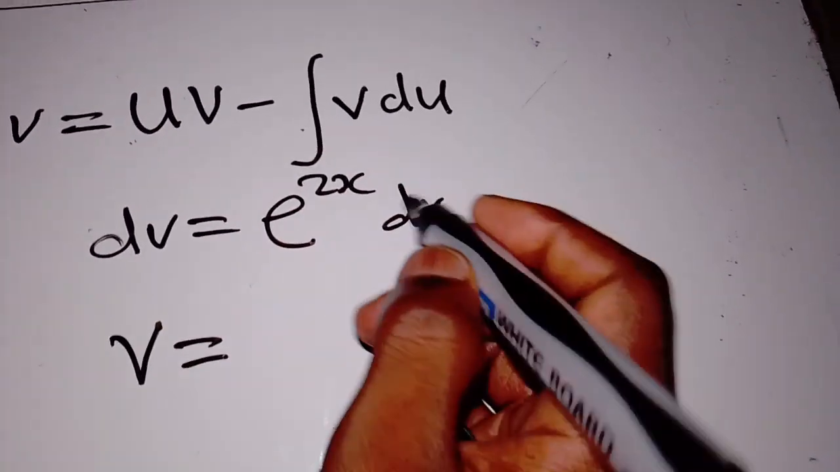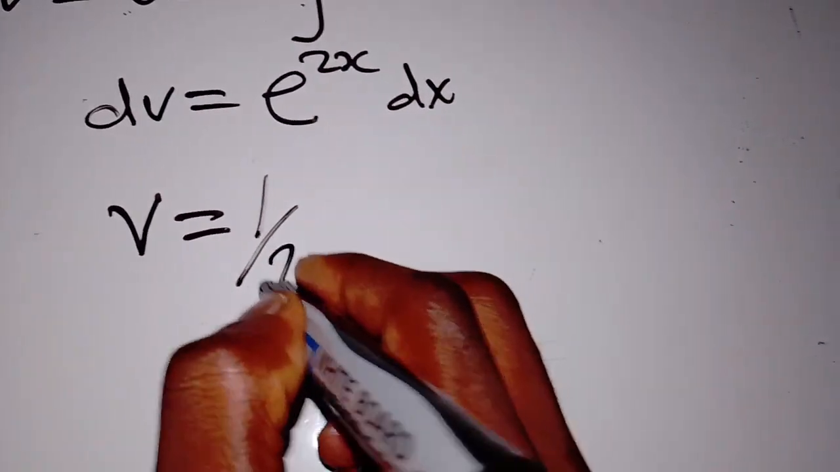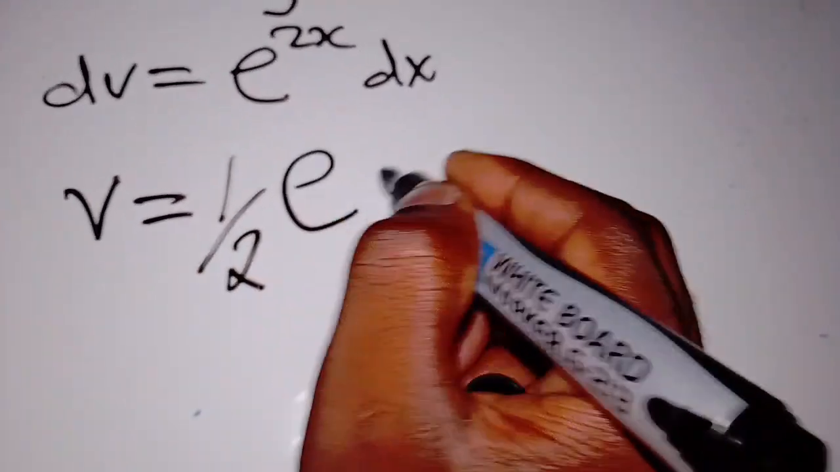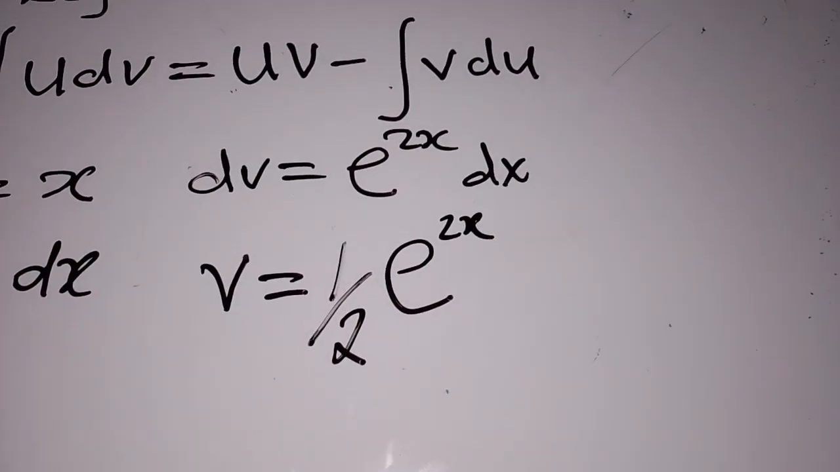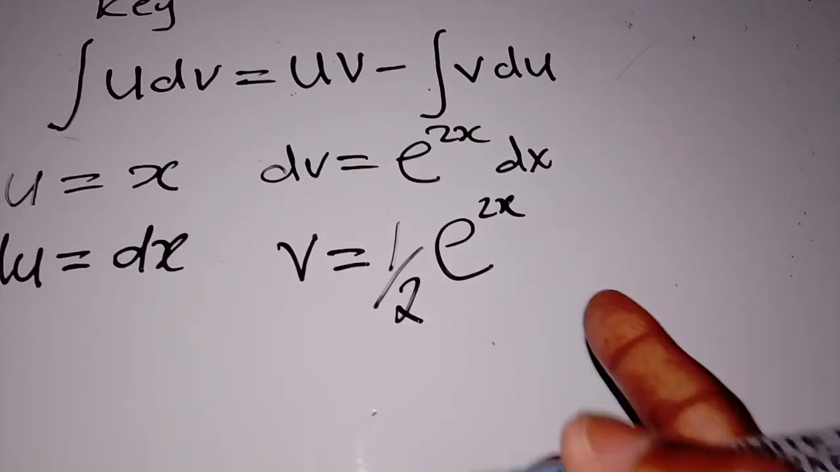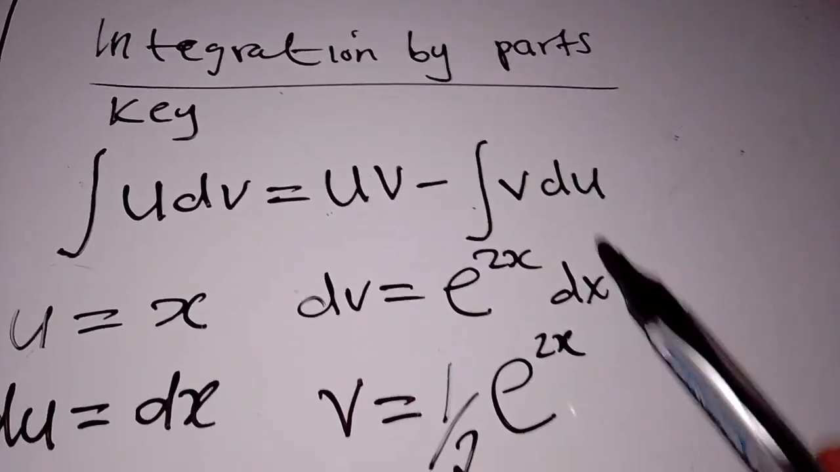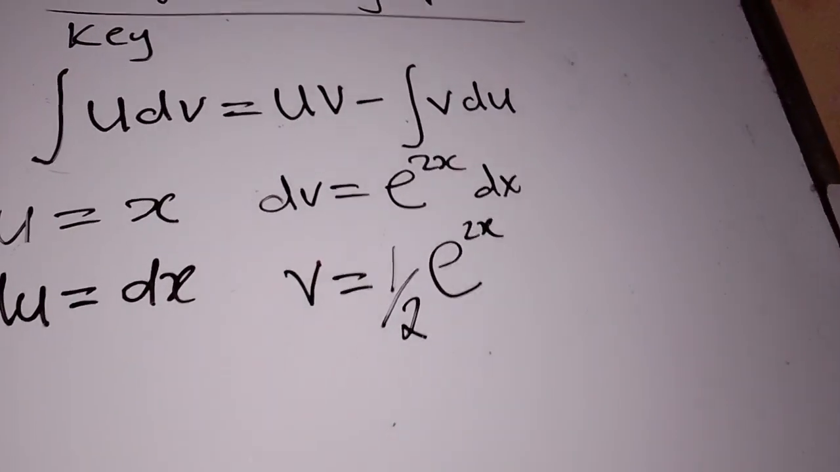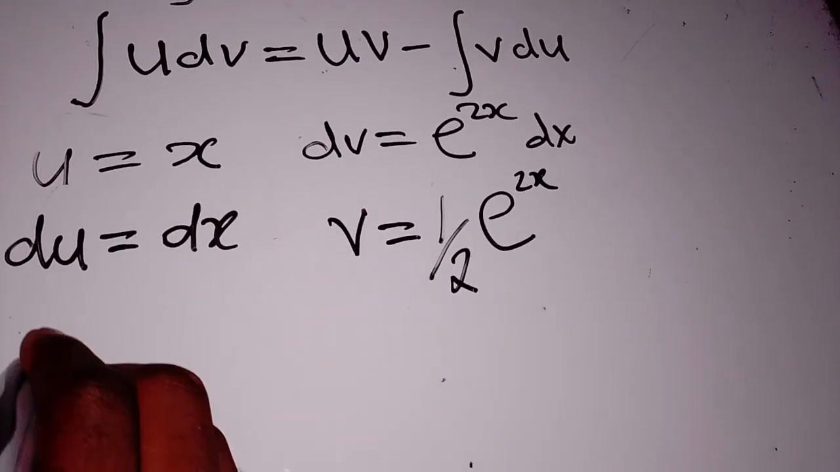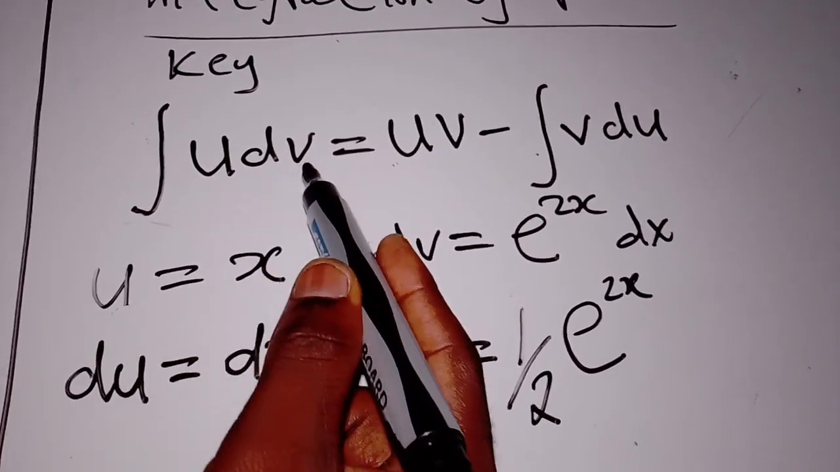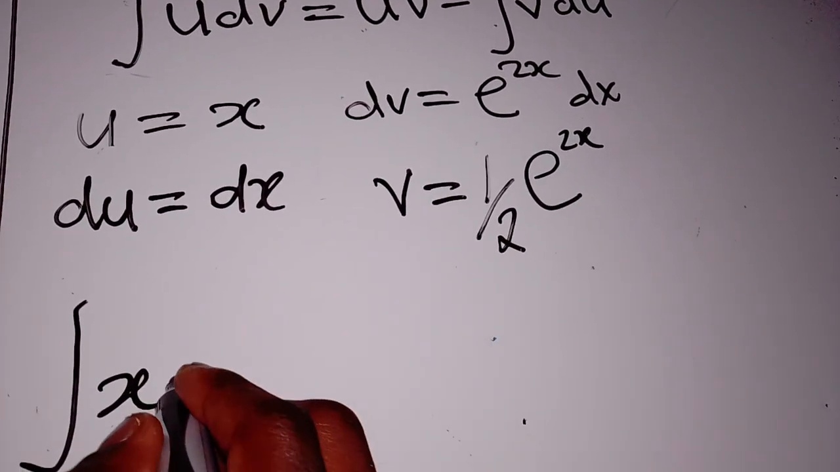In our case, this one is 2, so it will be 1 over 2. So v is 1 over 2 e to the power 2x. Okay, so that's what we have gotten. We now have u, v, and du, also dv, right? So in our case, the integral of u dv is what we have as